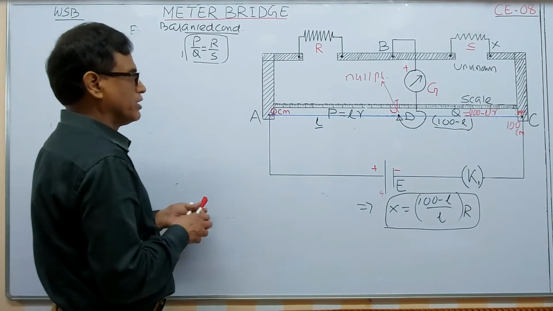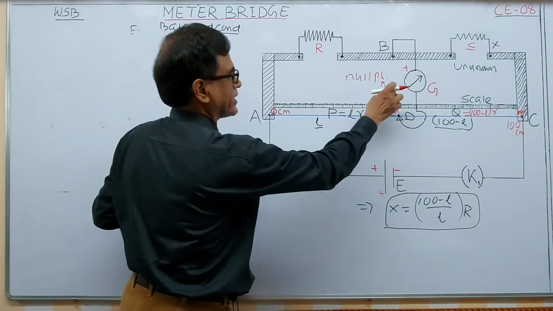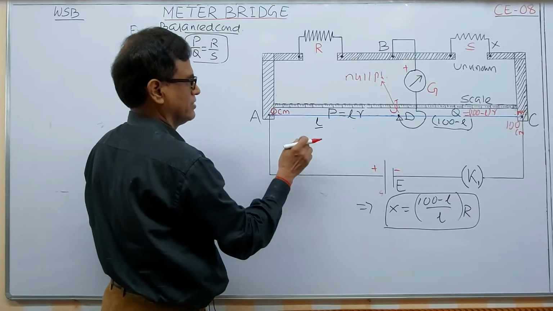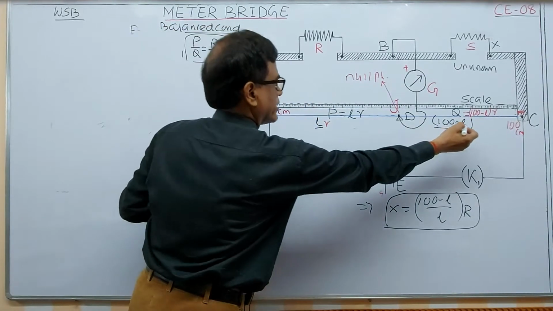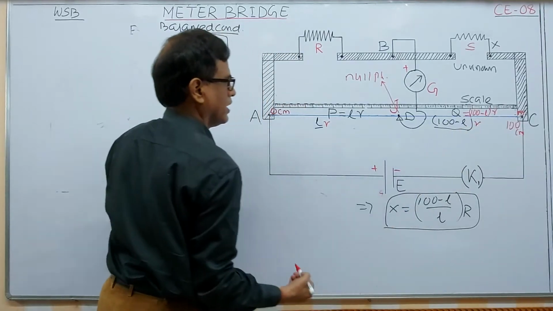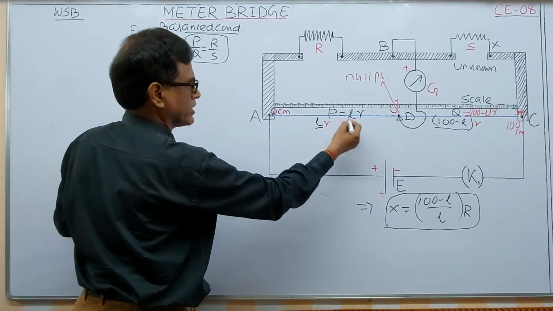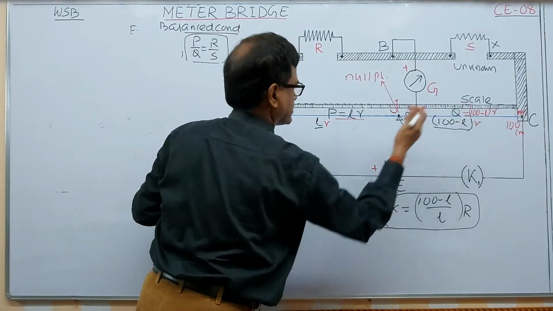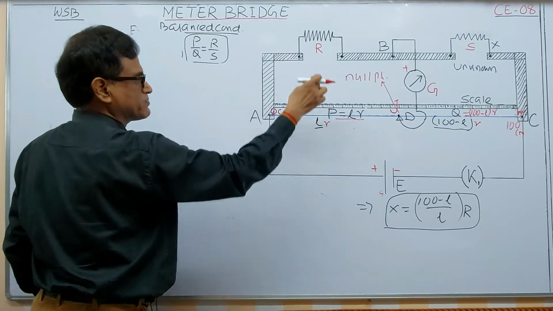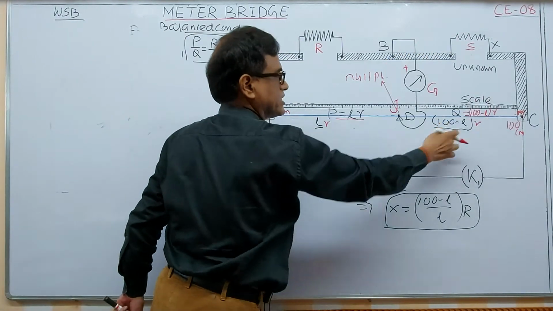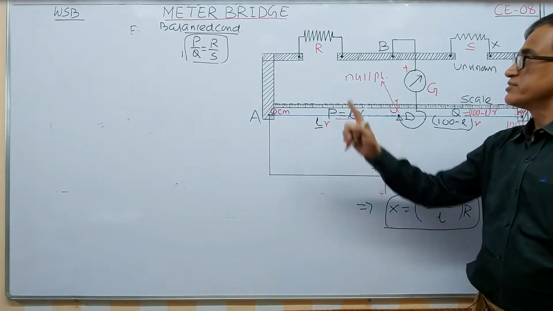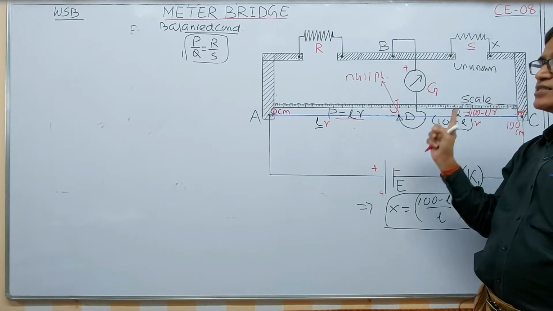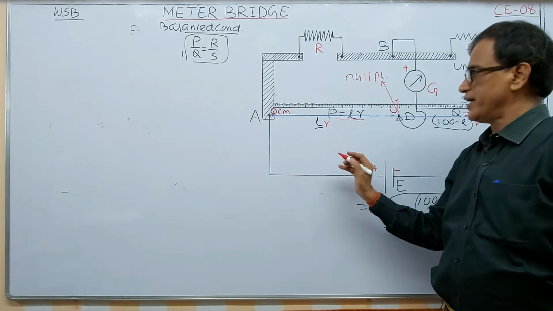Okay. Now the easy method for getting null deflection here: you can take this by this, L into R. It is 100 minus L into R. R is the resistance per unit length. This is 100 minus L. So you can apply this by this is equal to this by this. Numericals will be solved like this. This by this is equal to this by this. R by L into R, I am writing C.